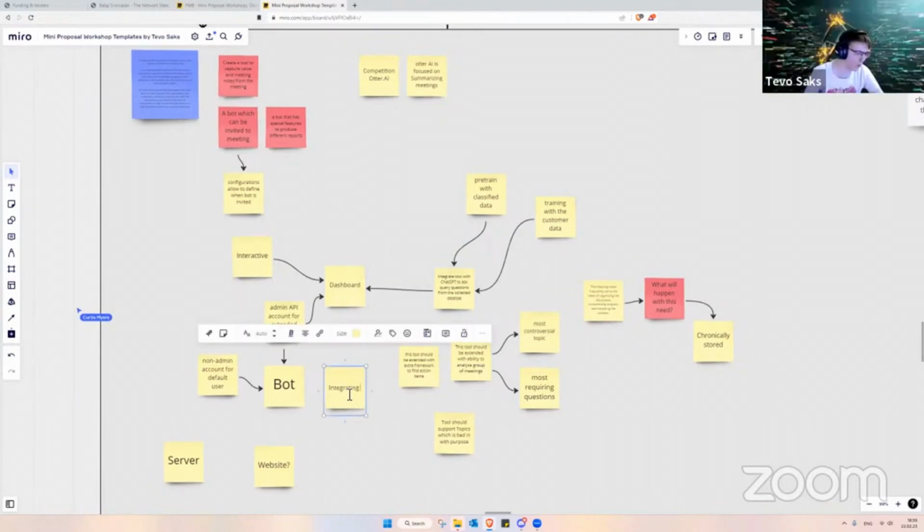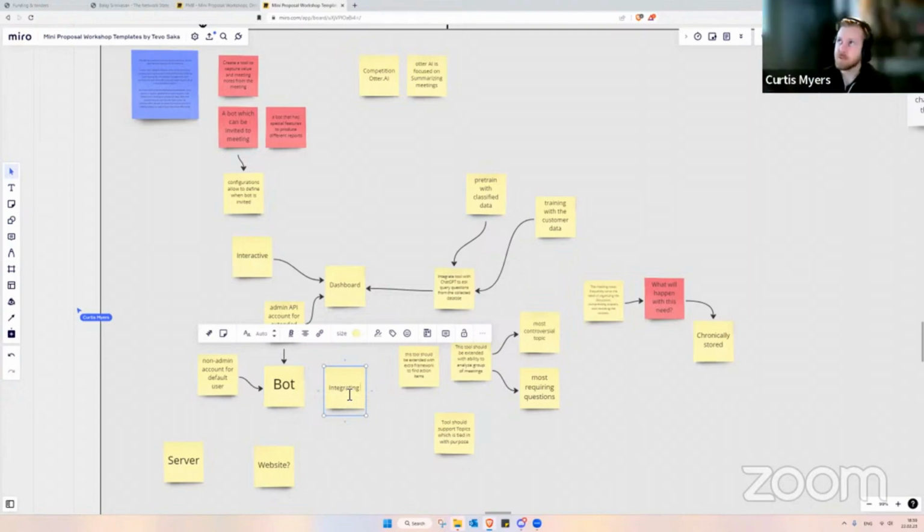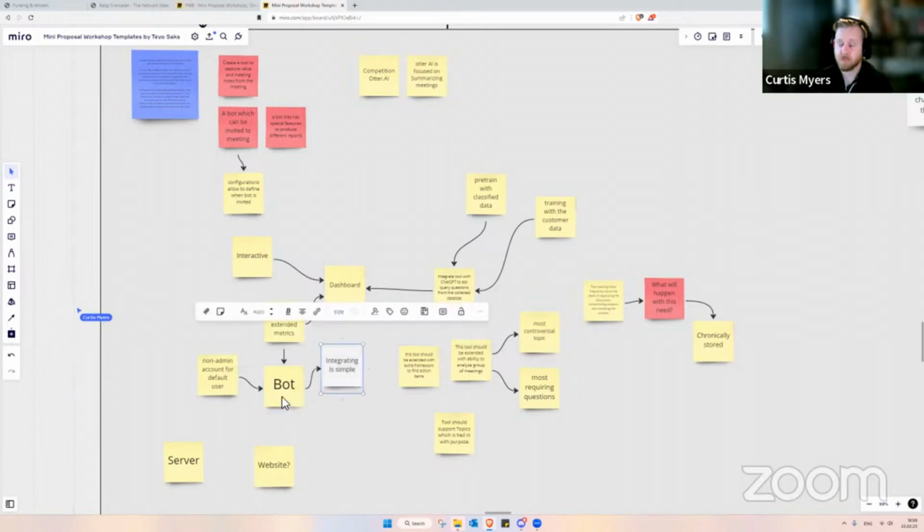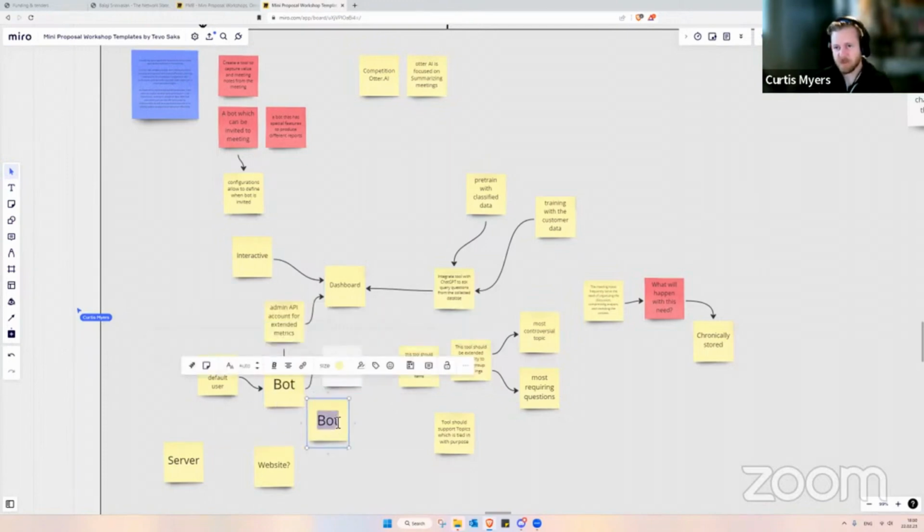Are there any cost problems there? Because I assume the Zoom API isn't free, maybe it is. No, the Zoom API is pretty much free as long as you're just making queries, even posts. But you have to have a Zoom Pro account, essentially a subscription account, to get access to that. So the end user, the customer, would have to be paying for their Zoom services. Then we would potentially have access to it for free.